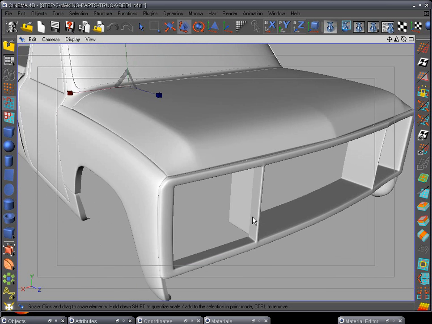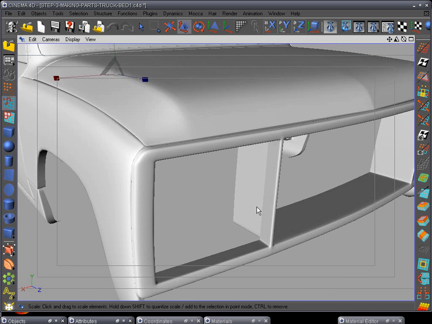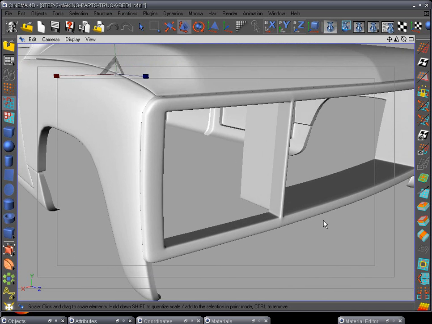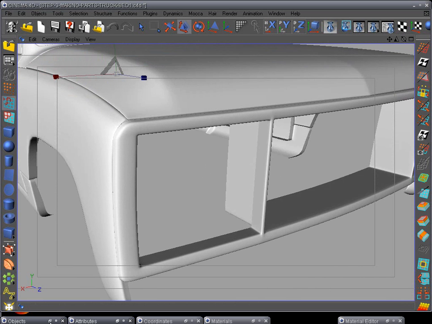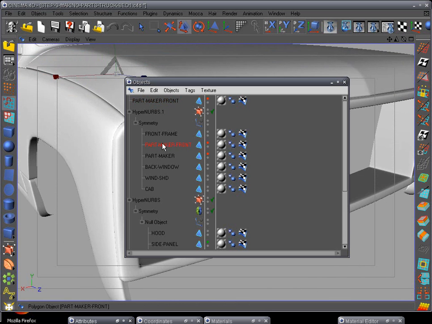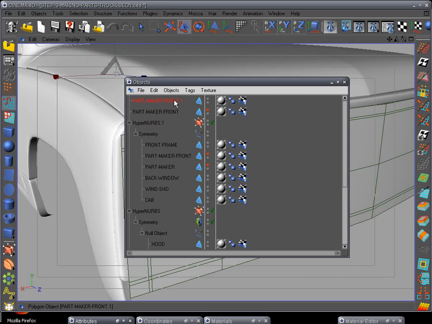Okay, step 14, and we're going to model the headlight frame, and then that'll be it for the steps. Some of these steps will be a little bit shorter now to model once we get them done. So what we want to do is go to Parts Maker, copy, paste it, uncheck that so that it shows up, select it,